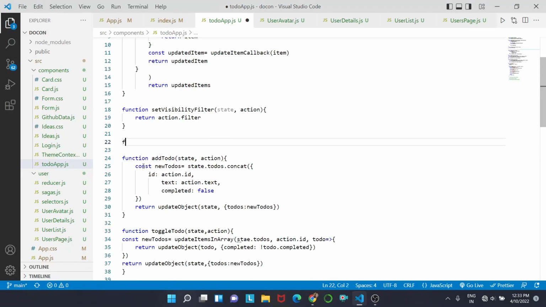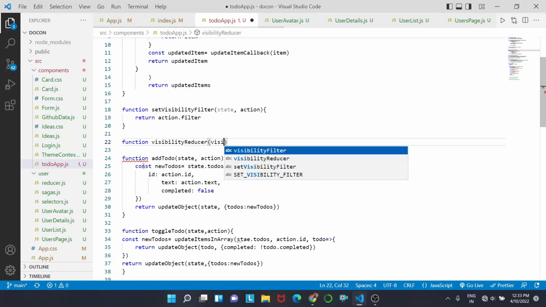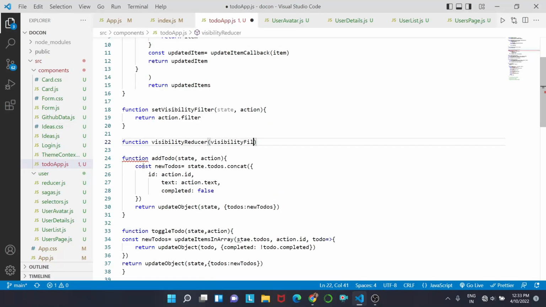We are going to add a function visibility reducer. This will take visibility state, which is assigned to show all, that is the initial state, and action as the argument,